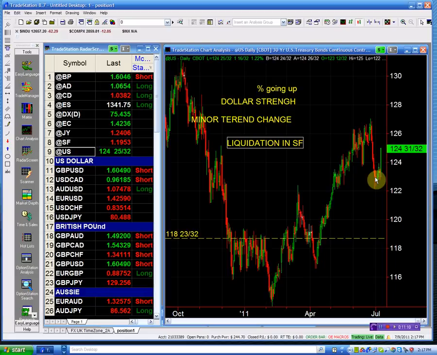Therefore now we have this rally in the price of the treasury bonds. That's an indication that now the treasury bond is coming into demand. People are not scared to hold the US treasury,